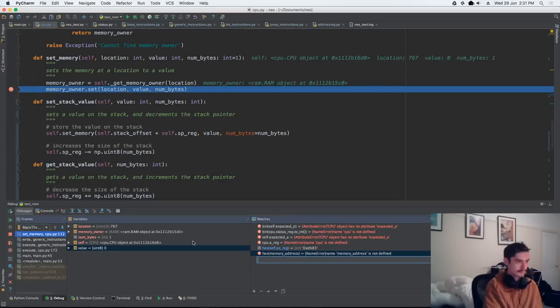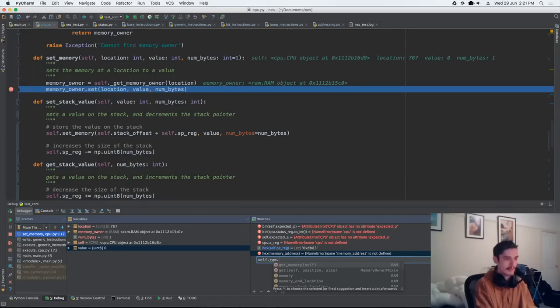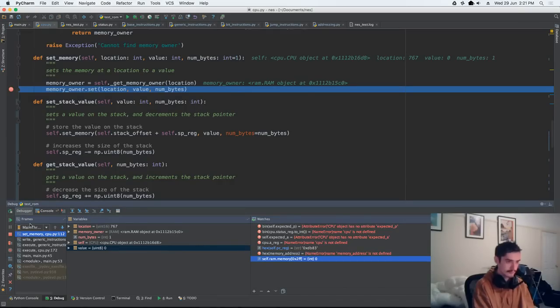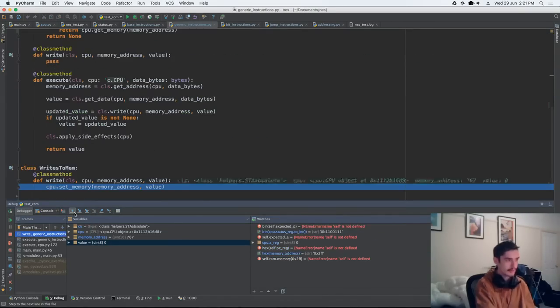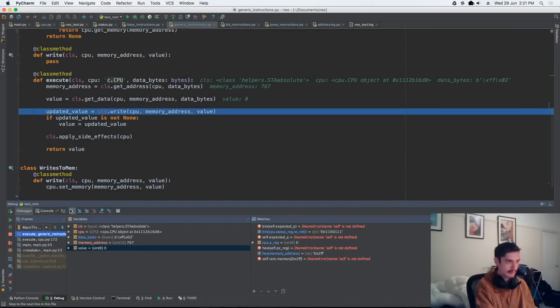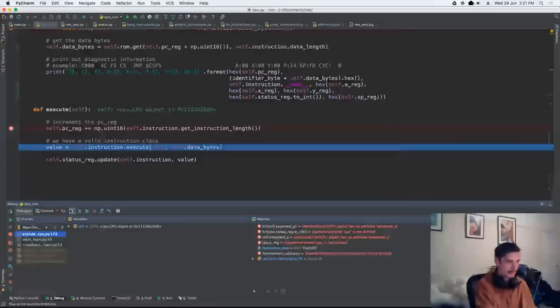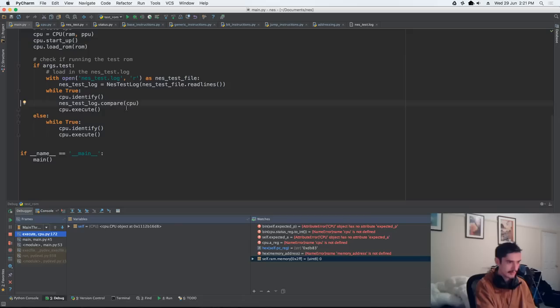Who is the memory owner? The RAM. So self.ram.memory 2ff is 0. And then after this line, whatever, still equals 0. Alright, so let's go back to here and do my classic